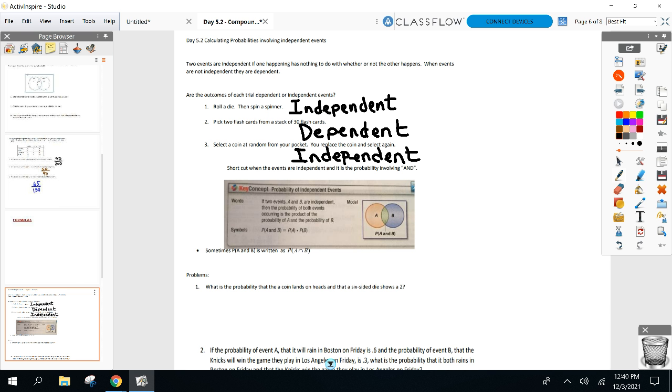Oh, new symbol time. You guys already know this is what? Given, right? You already know that. Ready for our new symbol? Our new symbol for and. We did a lot of those probabilities yesterday, right? I like iOS and Android. Ready? Little upside down U. So when we start writing symbolically, you're going to see that symbol, and that's going to mean and. So both of them have to happen.